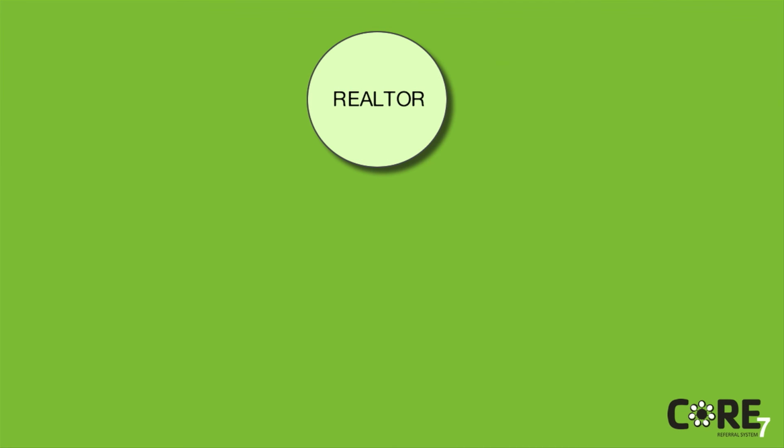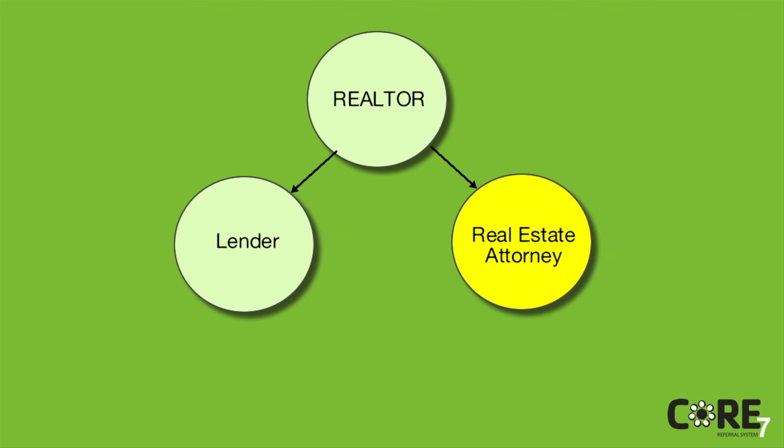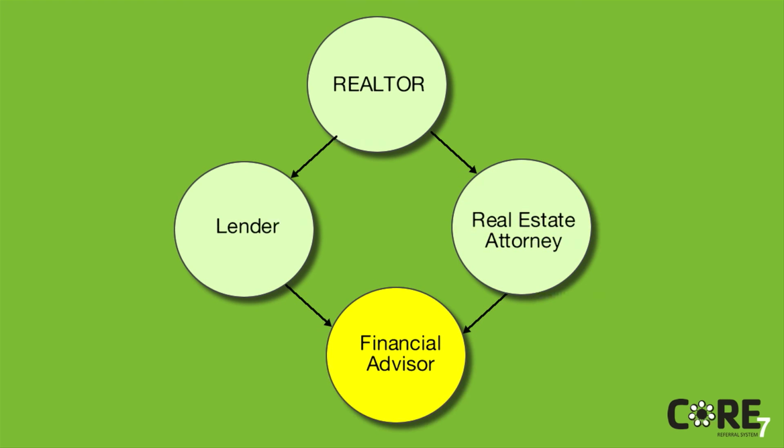And let's say the realtor's working with a homeowner, and the natural referral is to the mortgage consultant and the real estate attorney. So this should happen every time, because the realtor is the quarterback of the home purchase. Now, after the realtor refers these professionals, if the mortgage originator is doing their part and introducing the financial advisor with either the cash flow cross-sell at loan consultation, or by the closing cross-sell, which can be done by either the mortgage originator or the real estate attorney, the advisor is being introduced.